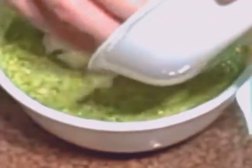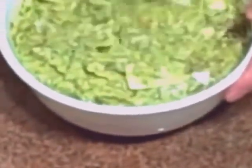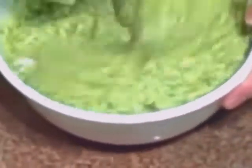Here's the cheese. And here's the Greek oregano. And I just blend that in by hand. I don't want the cheese ground up with this recipe, not like other pestos. Okay, got the black pepper, got the oregano, got the cheese,